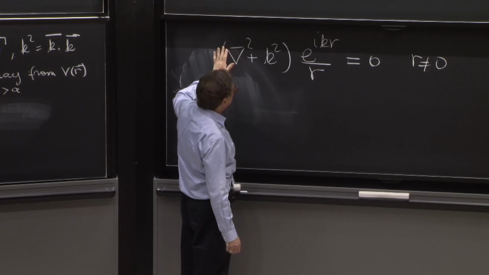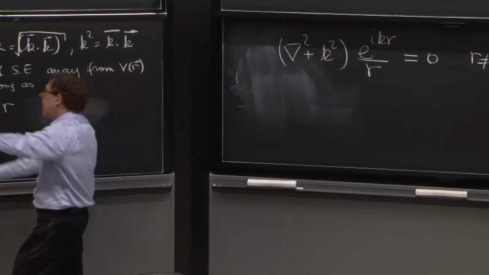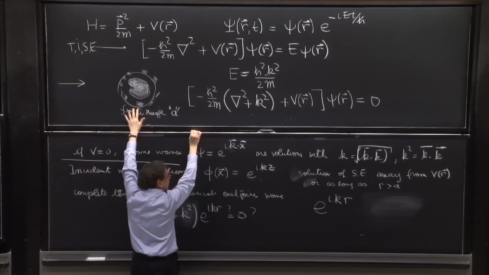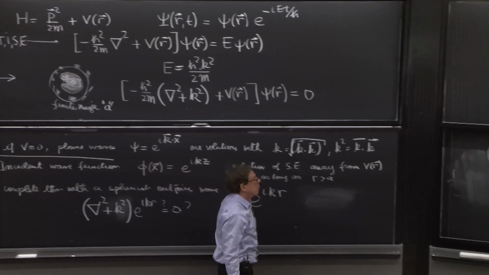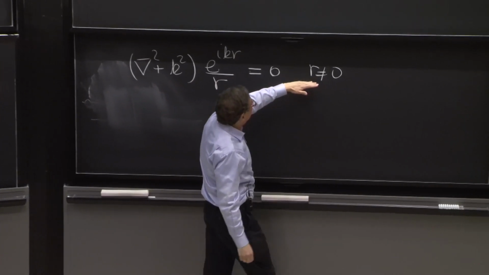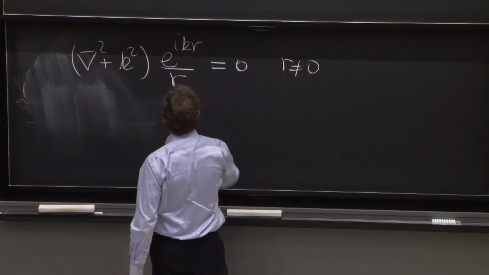But r equals 0 is not the place we're interested in. We're trying to find how the waves look away from the scattering center. So we need this to hold away from r equals 0, in fact, for r bigger than a. And one way of